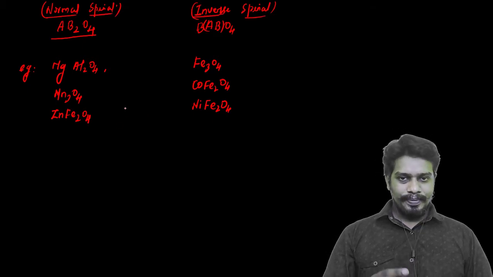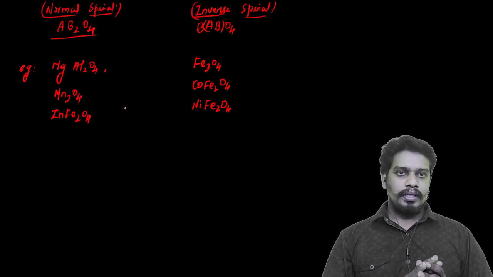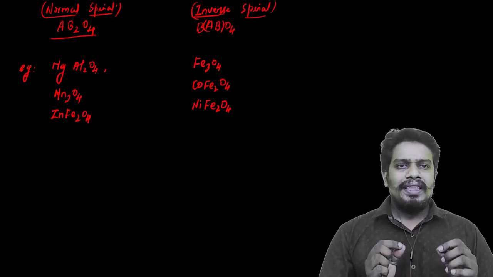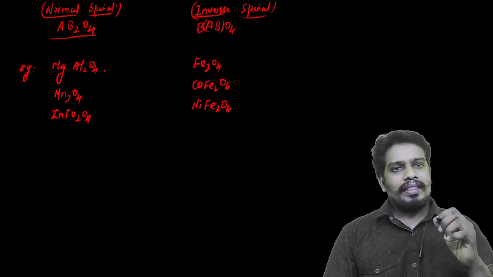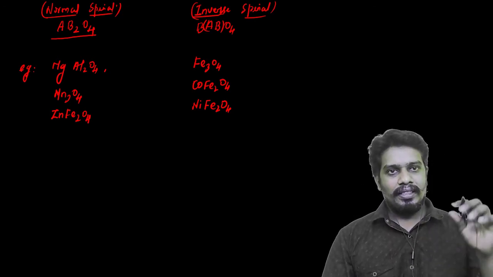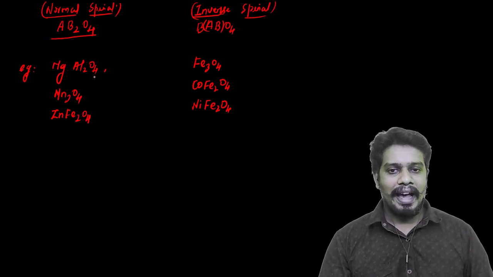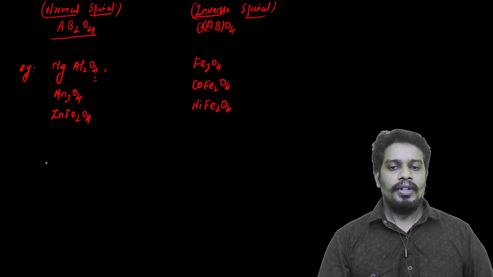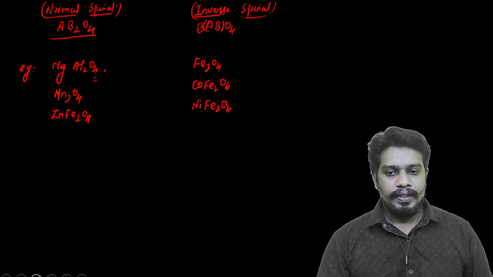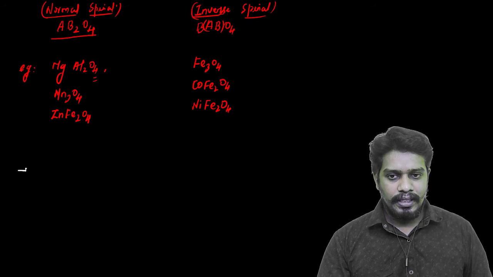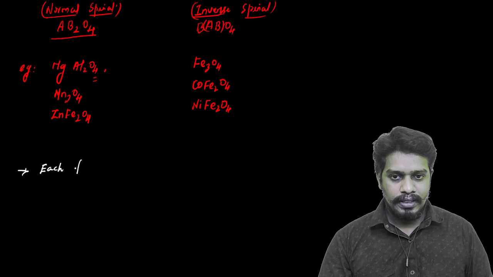So these are a few examples of the spinel structure. Each FCC structure has 6 face center points. These FCC points are occupied by the anion. Here I want to make a few comments. In each FCC, the FCC lattice points